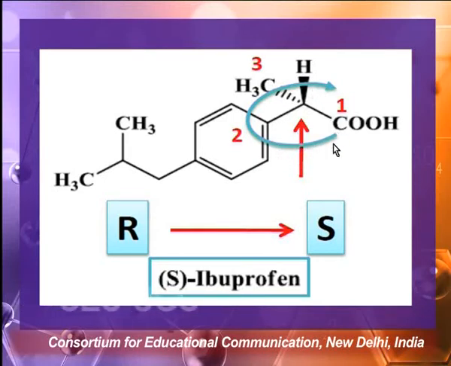But please, sorry, it is facing the observer, and our eye is traveling in the clockwise direction when we go from the group having highest priority to the group having lowest priority. But how are we assigning? What is the condition here? The group is facing us. So that means according to this, the configuration should be R. But you know that is not the case, because the group having lowest priority is facing us. So we will flip the configuration, and the actual configuration of this molecule is S.